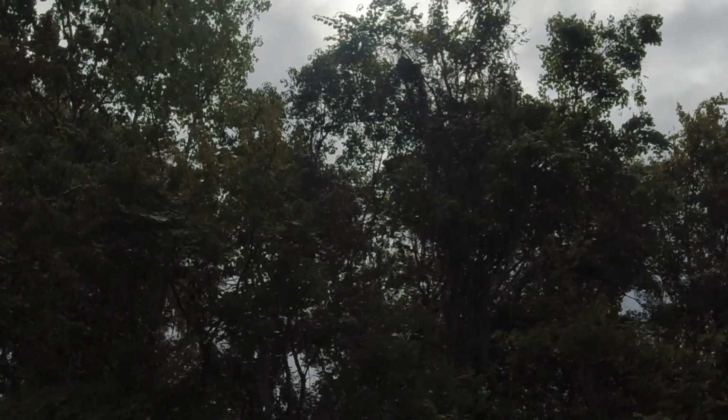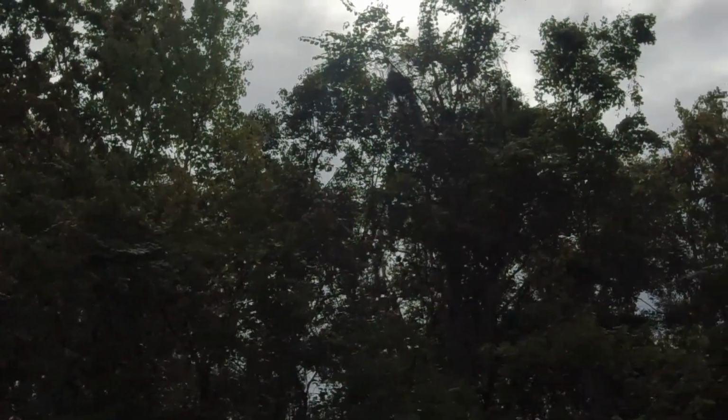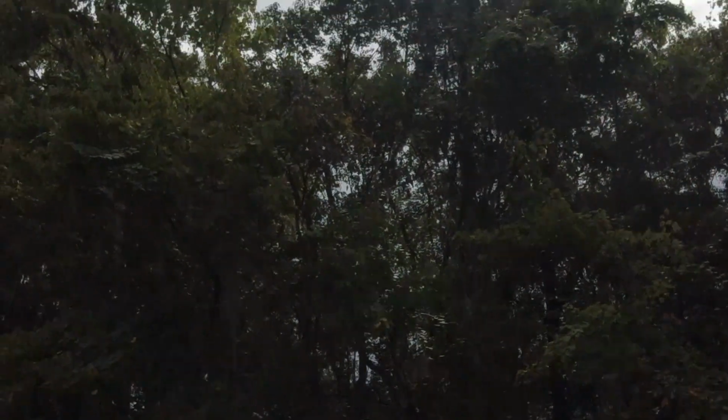I don't know if you can see it or not, but right up there, there's a monkey in that tree. I'll try to zoom in on it and let you see it, but you can see them moving around in the tops up there. You see them right up there? I've seen branches in them, but I haven't really been able to see